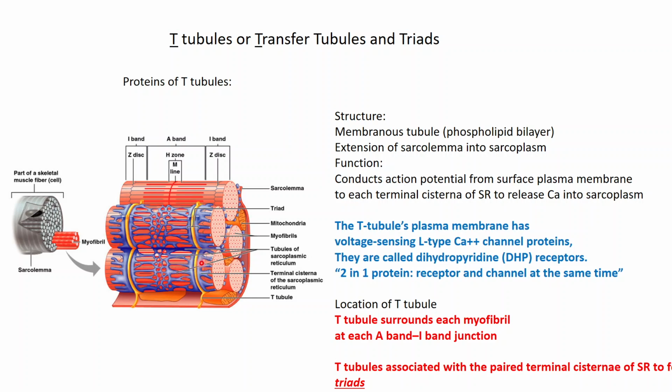And more precisely, to this blue left and right. What is the blue left and right? They are the sarcoplasmic reticulum, where calcium is stored. So this is what I usually say: T tubule wakes up the terminal cisternae of the sarcoplasmic reticulum. This is called terminal cisterna. Okay. Now, and this is what's going to blow you away,